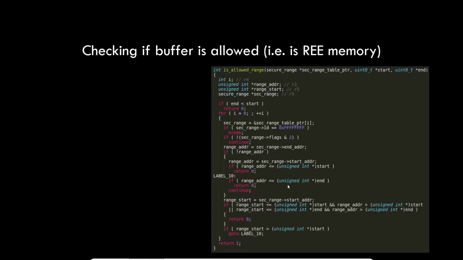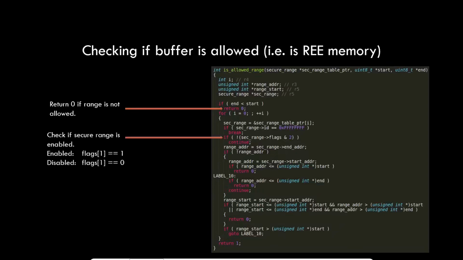Well, for example, the function checking if a buffer is in an allowed range is used in order to understand not only if a pointer belongs to the RE, but an entire address range. So you pass a start and an end, or a buffer, and it's checked if this buffer overlaps with secure memory. If the range is not allowed, such as when you pass an integer overflow, so an end lower than the start, you just return. This is taken as a wrong and not acceptable answer.